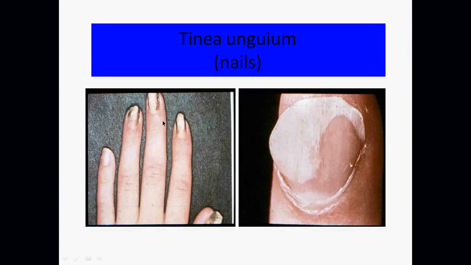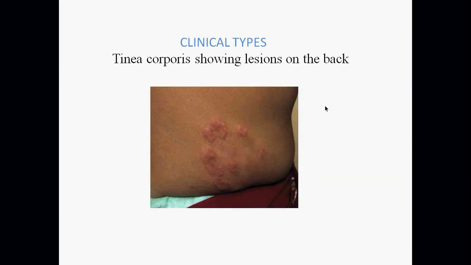Now this is the infection of nails, you can see. These infected nails become brittle and colorless. This is very clearly seen in this picture, where this white part is due to the fungal infection of the nail, and this part is cut and used as a specimen for diagnosis. Now this is another clinical picture. All these are real pictures which we have taken in our hospital from patients.